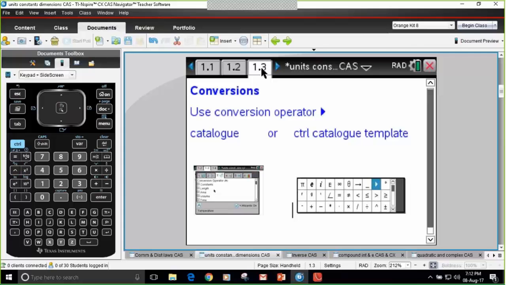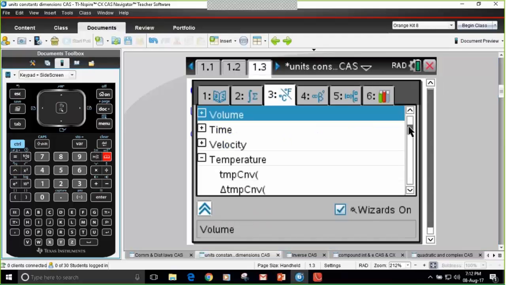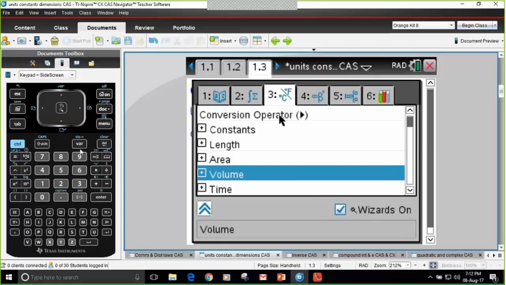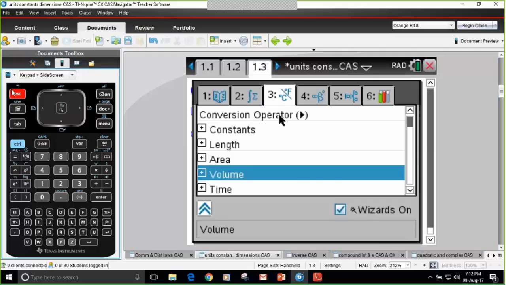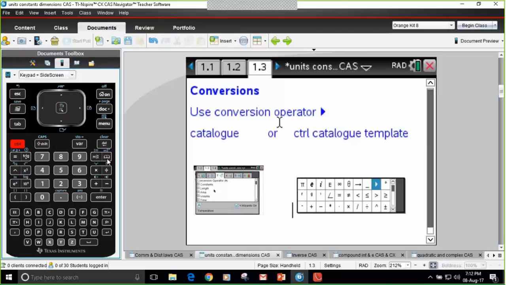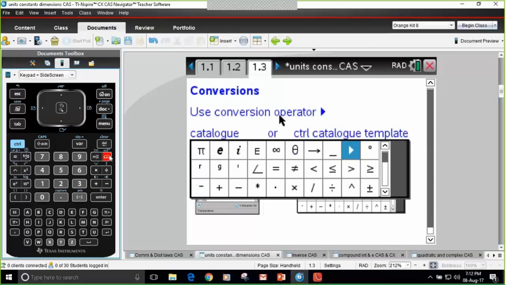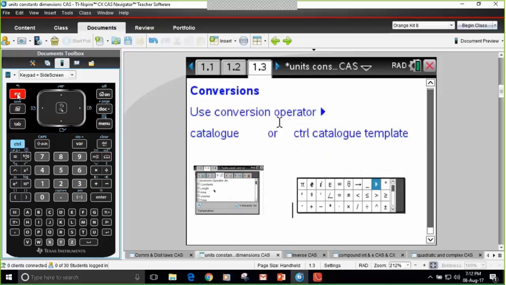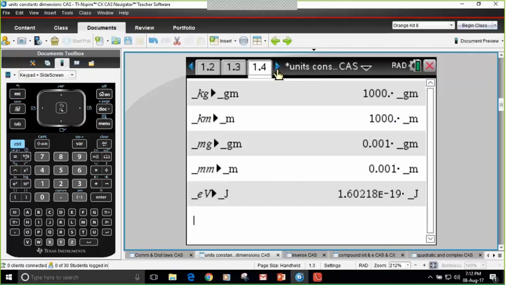Also, it enables you to do some conversions, and the conversion operator can be found again within the catalogue. Go to the top, and there it is. Or you can also access the conversion operator just by pressing Control, catalog, and you'll see it's listed there in that template. Now what you can do with that, we can see here on the next page, is you can convert. So say for instance we wanted to convert from kilogram to gram, just go to here,